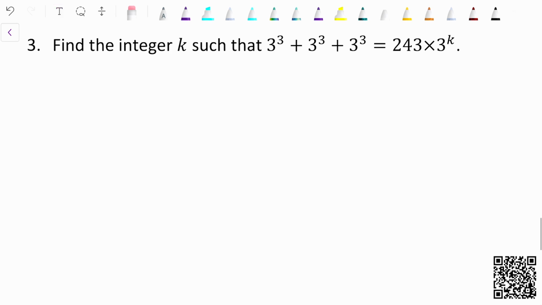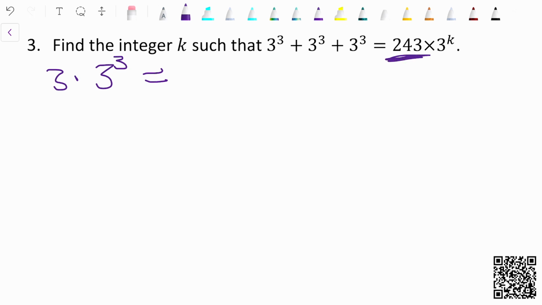Moving on to problem number 3. Find the integer k such that this equals that. Very long equation. So we can convert this, since you see there are 3 of them. So we can turn that into 3 times 3 to the power of 3, because that's just what it is, would equal,